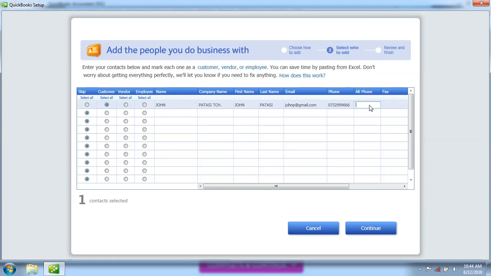There are certain customers who have representatives, such that if you're not able to reach the customer, if they are busy, then you can reach out to their assistant, who can then help you, or through whom you can transact with that customer. So you enter the alternative number here of the other person whom you can reach out to if you're not able to get in touch with John. So we're going to give him the alternative phone number, which is